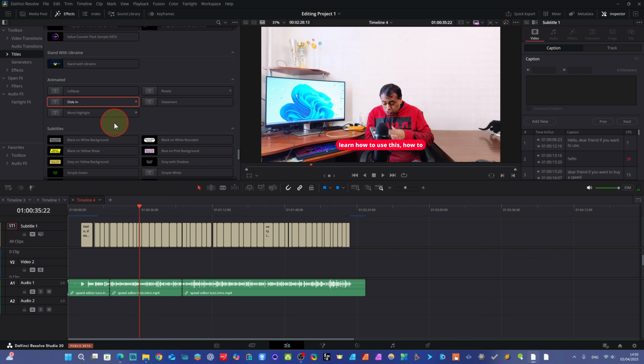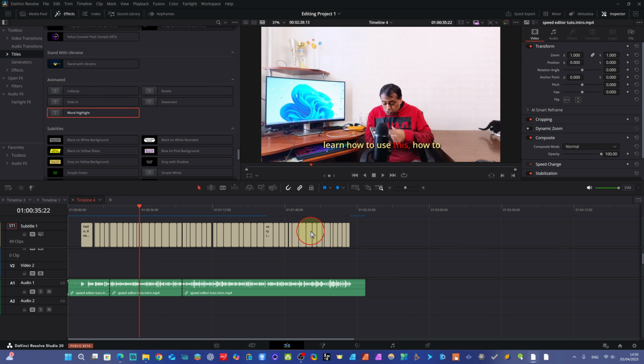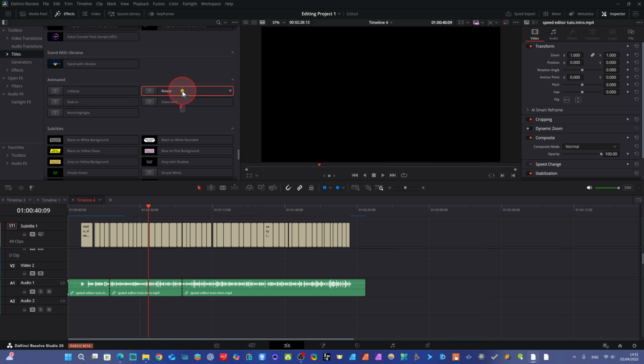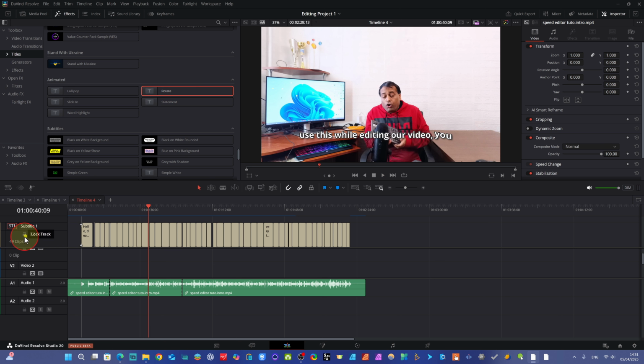And we can take others, like word highlight, it will highlight a single word, and it's very effective. You see it's highlighting here in our video. Right, dear friend, these are cool features. And now we come to rotate. Actually, this will give you a rotation effect. Just click here. You are at the right place today, dear friend. You see the text is rotating here.